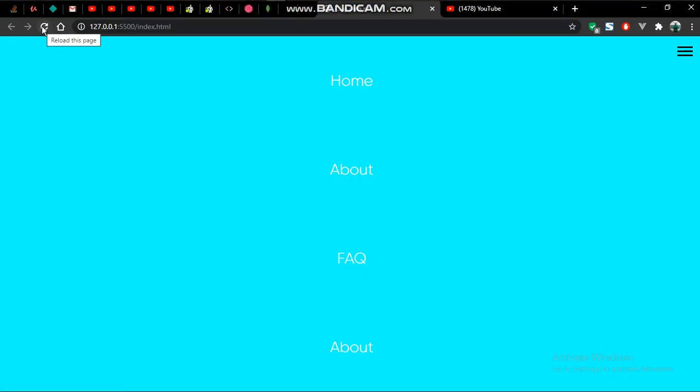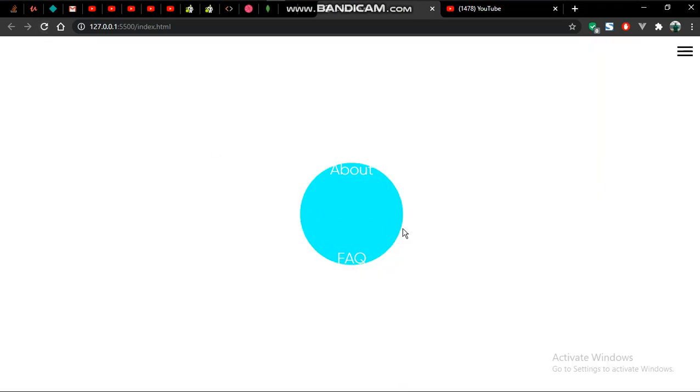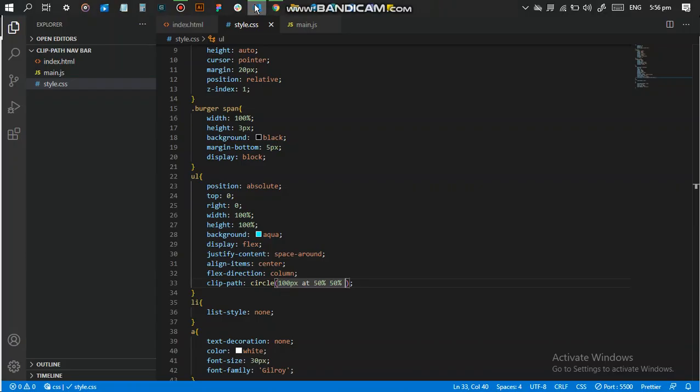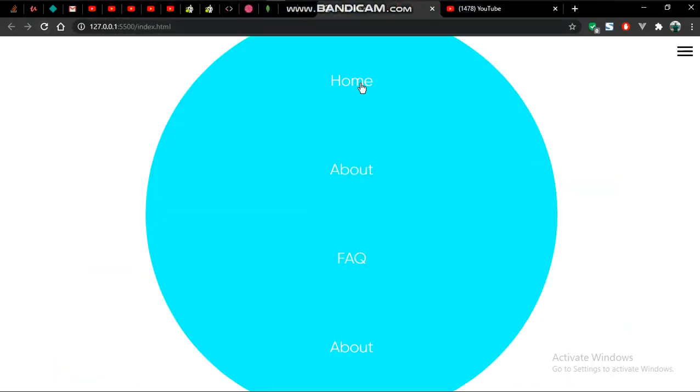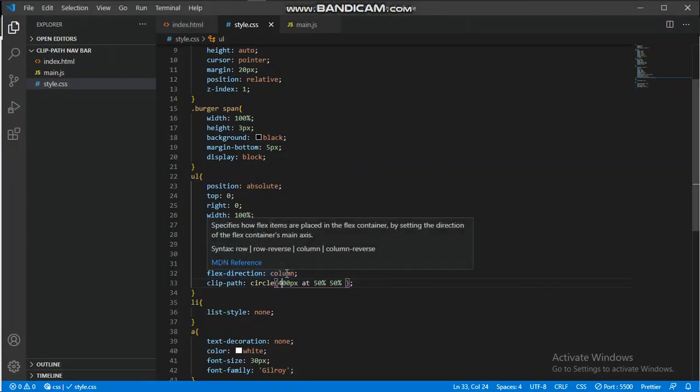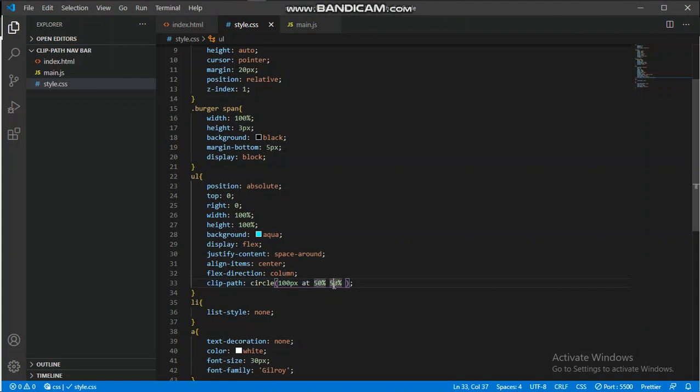Save that and refresh. Notice this circle right here. You see it gives it this clip-path of a circle and covers everything else. You can see I can only hover on this one because they're the ones displaying, but the other navigation links I can't hover on them. I can't see them again because this clip-path property has covered it. So basically what this represents is the size of the circle. If I increase this to like 400, you know, the size of the circle increases. You see that, and you can see everything. Basically, just experiment with it however you want. So I'll just leave it at 100, and these two properties